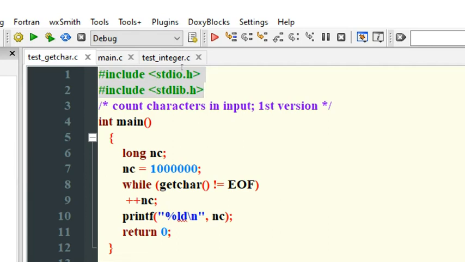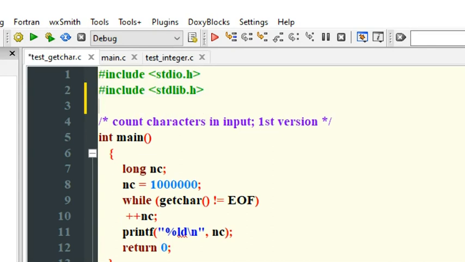Most compilers come with a default system where you have black and white, and it is very difficult to understand the difference between the variables, the numbers, the data types, the comments and all.